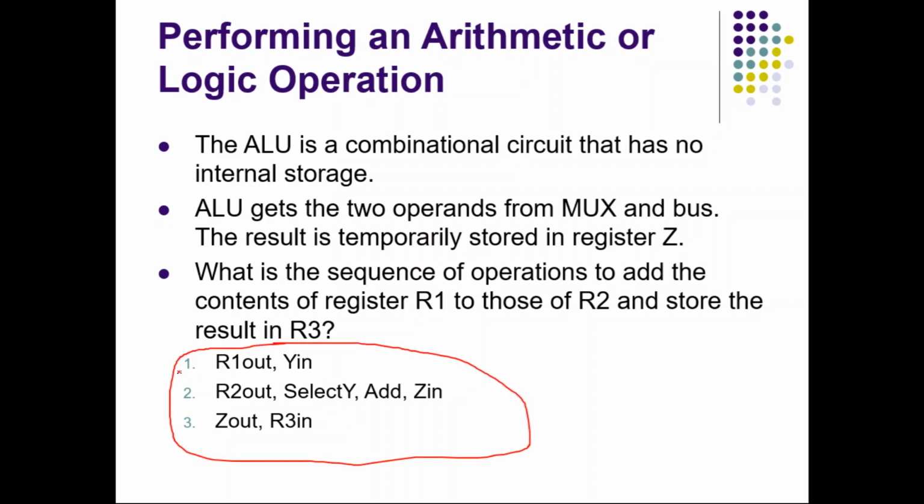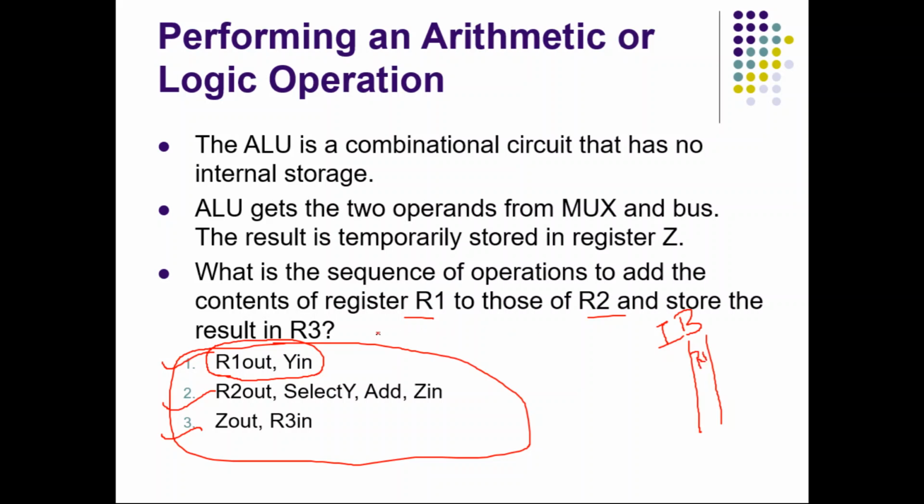So if you see, these two steps were done in the first clock cycle, these two will be done in the second clock cycle, and this will be done in the third clock cycle. So what is this? R1 out comma Y in. Which are the two contents you want to add? R1 and R2. So R1 contains some content, so you are saying R1 out. When you say R1 out, the content of R1 will be moved to internal bus, okay. Let us say this is internal bus, let me call it IB. The content of R1 will be moved to internal bus. So now R1 is available in the internal bus.